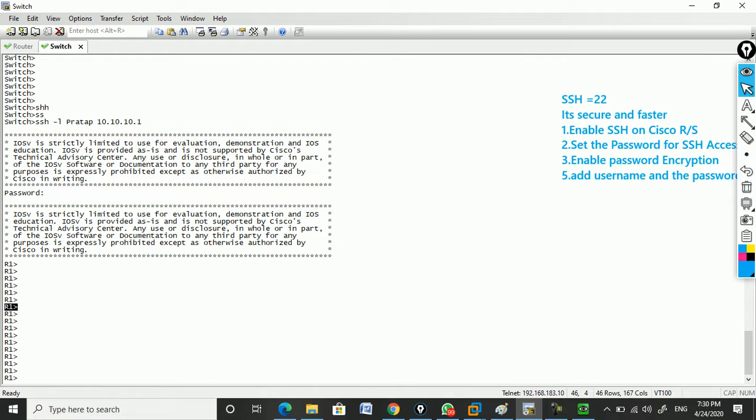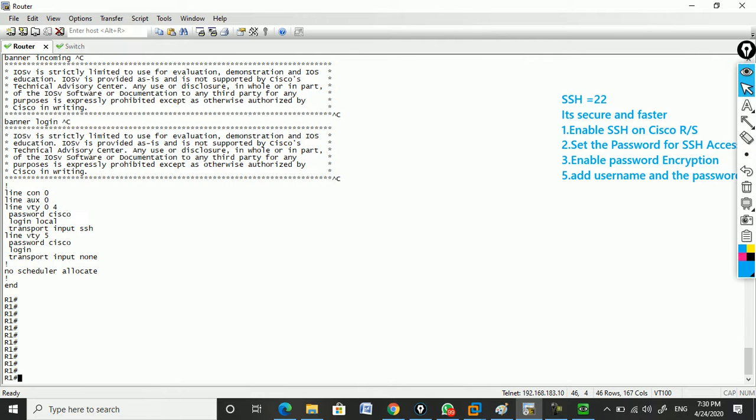So the enable command is like this. Let me write the command for you until the system comes up. So here is the command I'm writing in this space. Let's say this is your router 1. From the beginning, you will be typing en, then conf t, then you will be typing there